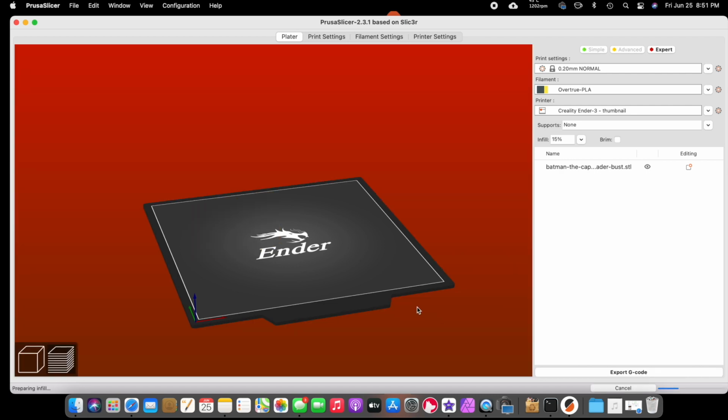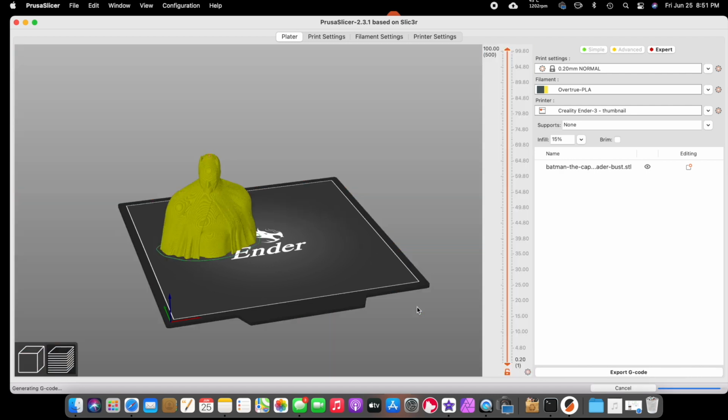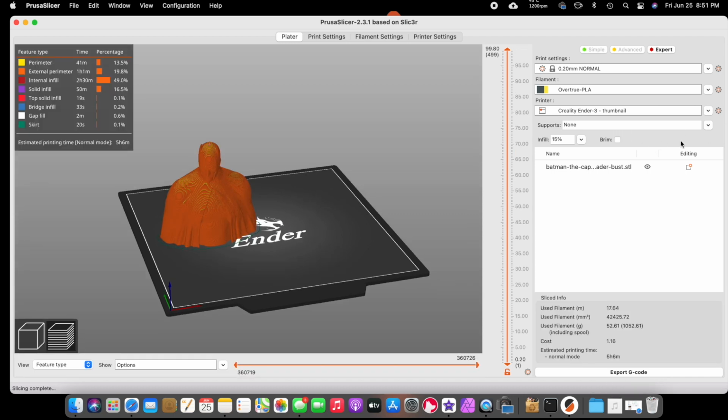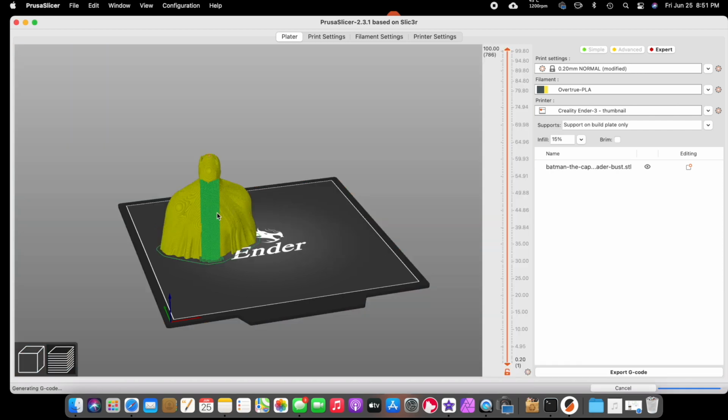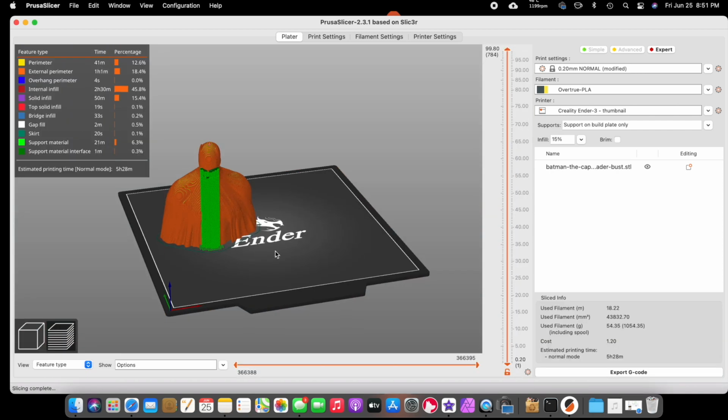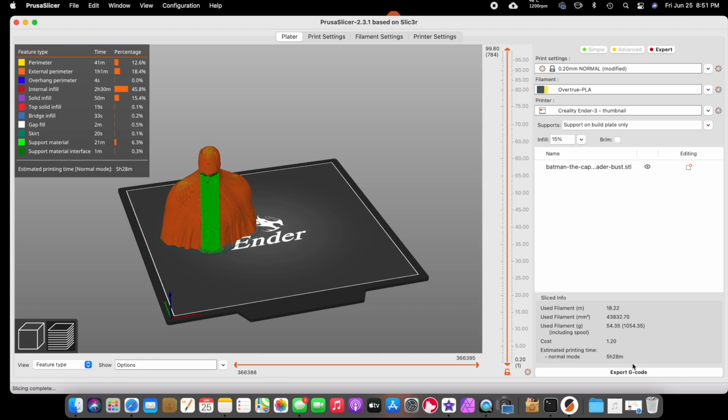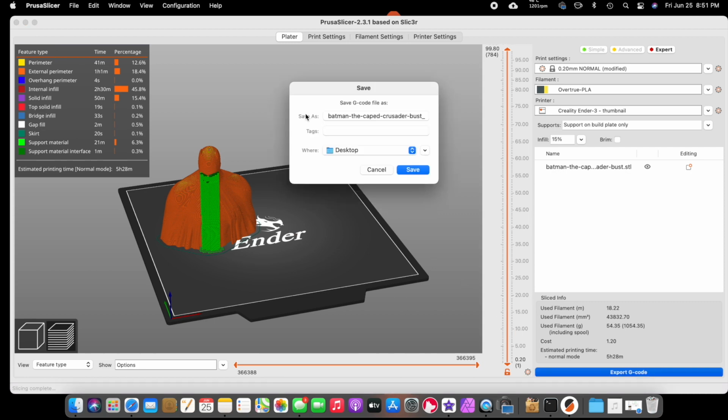And another thing is when you're exporting this out, it doesn't show supports. So if I did have supports on him, let me just show you what I'm talking about. So build plate only, and I slice it. You'll see supports in the actual structure here, but when you see the thumbnail, it won't. So now we'll export the G-code. And we'll export it out as Batman blah blah blah. We'll save it to